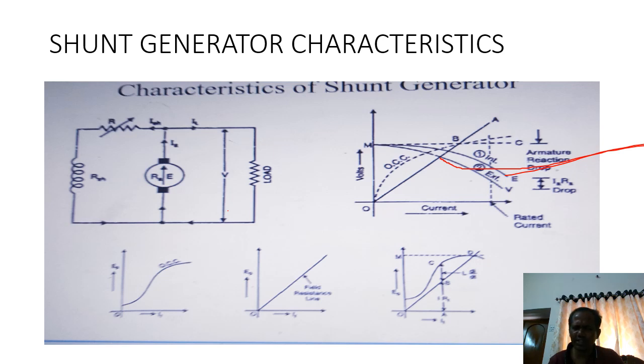This OA is called the IA RA drop. When the IA RA drop is subtracted, you will get the terminal voltage versus armature current. This is the curve you will get. First condition, E0 versus field current. This characteristic is called the OCC characteristic of the DC shunt generator. This is the drop, so you are getting the drop, E0 versus IF field current. This is a combination of the two, and you will get these characteristics. You can draw it, right?